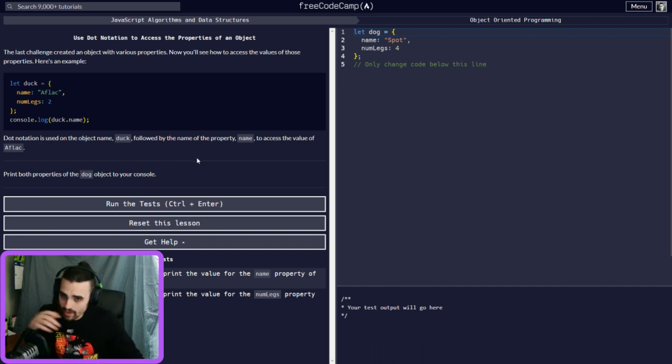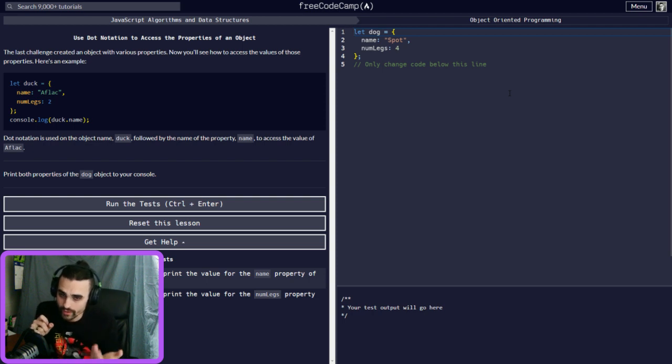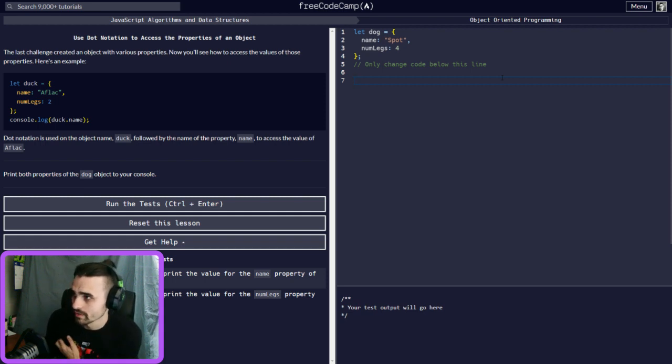Now we have to use dot notation to access the values inside the object. Remember, we have the bracket notation, we have the dot notation. Well, this is how we get in here. So we will print both properties of the dog object to your console.